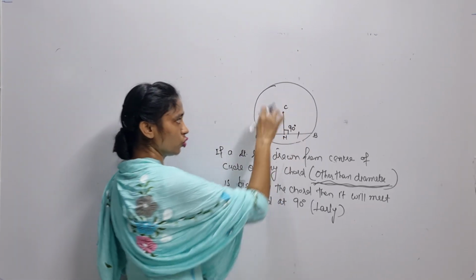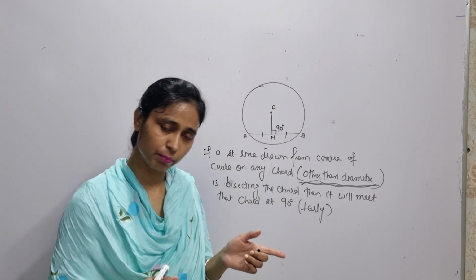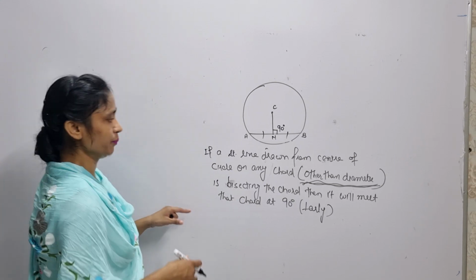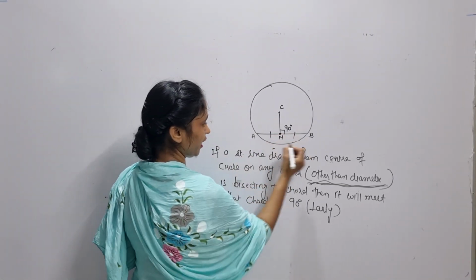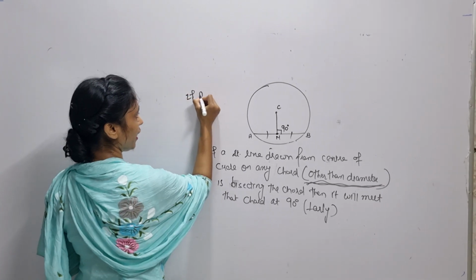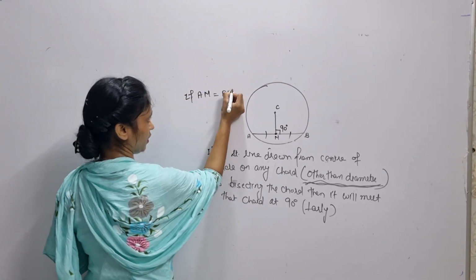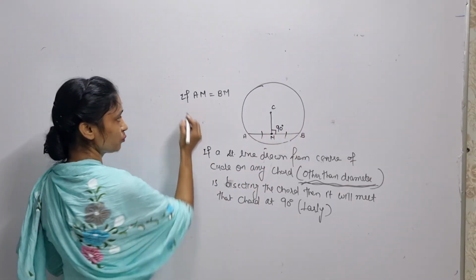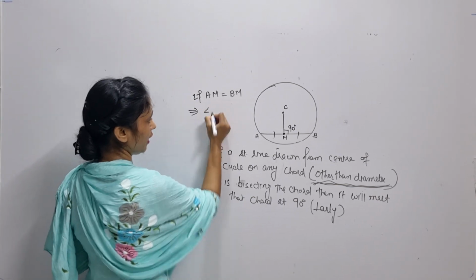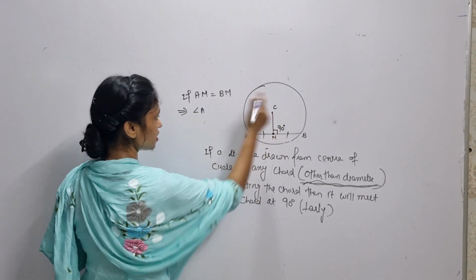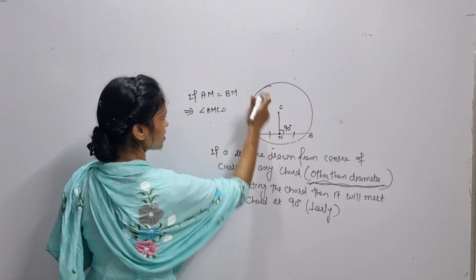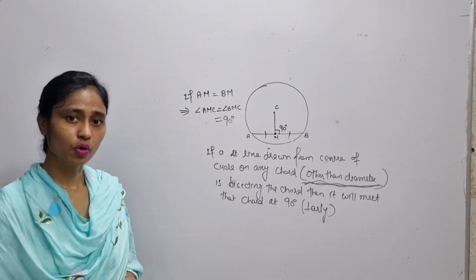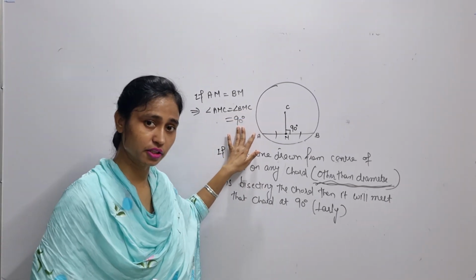CM straight line है जो हमने सेंटर से chord पे ड्रॉ की है, chord AB। CM is a straight line which we have drawn from the center of the circle on the chord. अगर ये हम देखा कि AM, if it is given that AM is equal to BM, मीन्स इस कोड में पूरे लाइन सेगमेंट को 2 इक्वल पार्ट्स में डिवाइड कर दिया, तो हमारे पास क्या रिजल्ट होगा कि ये दोनों एंगल AMC and BMC both will be of 90 degree. Okay, I hope this concept is clear to you.